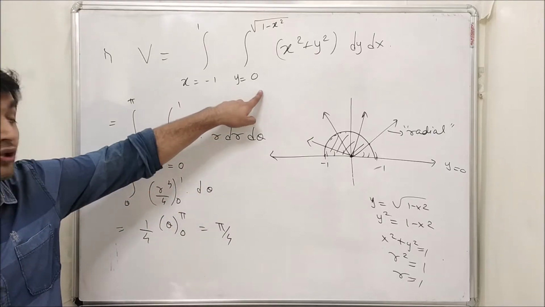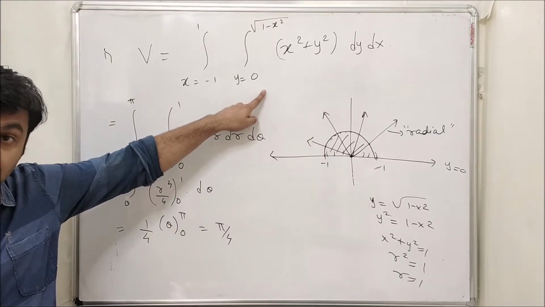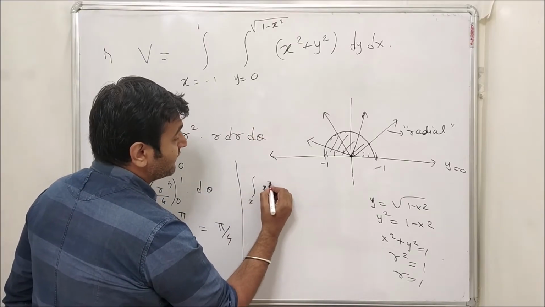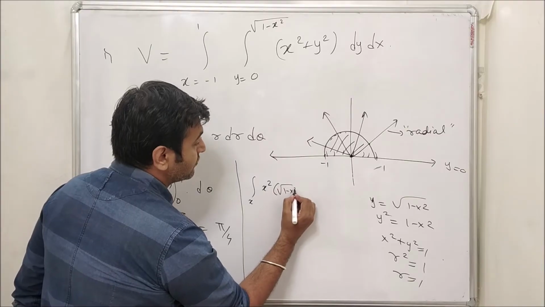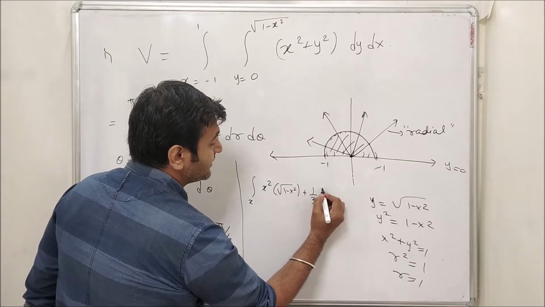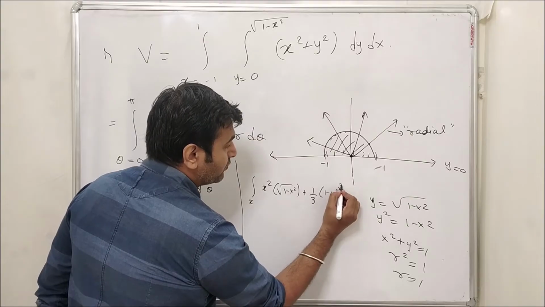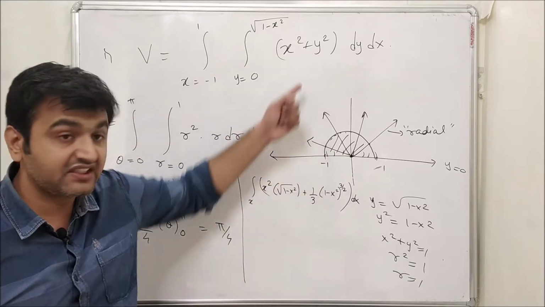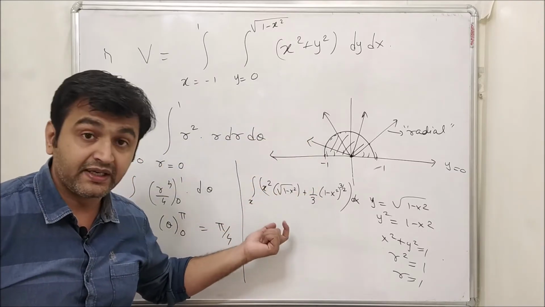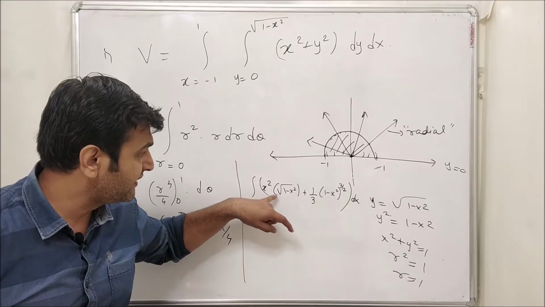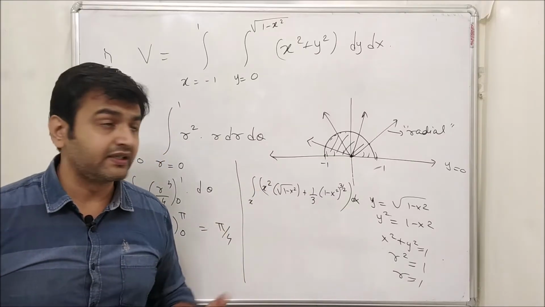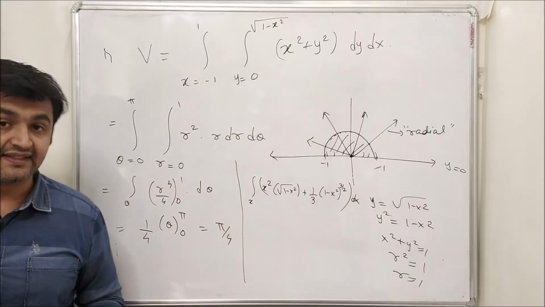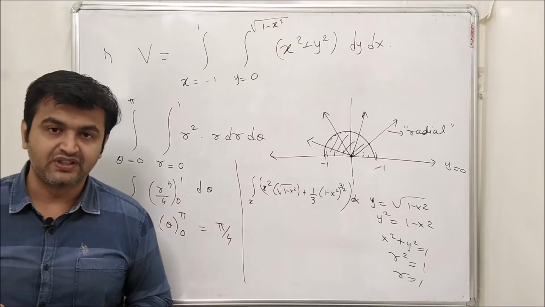Whereas if you try to solve this by Cartesian itself, it will become quite complicated. You can see it over here. If I solve this simply, x square into y means x square into 1 minus x square plus y cube by 3, 1 by 3, 1 minus x square y cube, right? dx. So this is what you get after integrating with respect to y. And then you can say this is quite complicated, right? Here you need to do the plus minus 1 adjustment. So things become quite complicated if you go by Cartesian. So we go into the world of polar and we see the answer comes in 3 lines. So that's the power of polar coordinates.